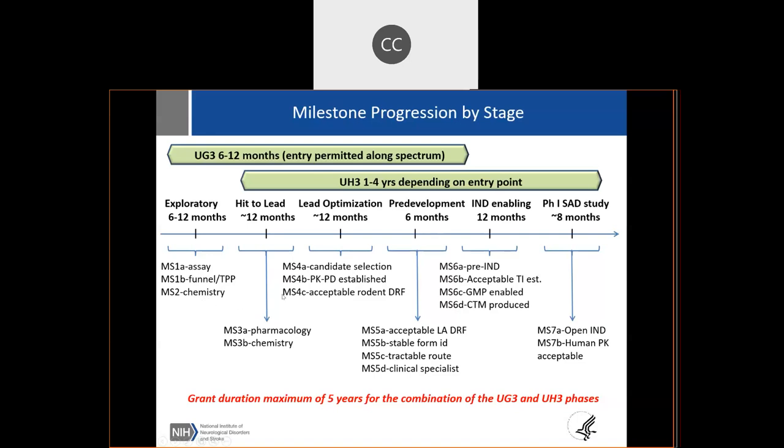If you're coming in at the hit to lead phase, well, that first year is going to really be about, do I have in vivo pharmacology that I can demonstrate after the end of the year by any route of administration, and has the chemistry advanced farther so that I can hopefully focus in on the series. If you're coming in at lead optimization, well, the end of that first year would be all about picking your candidate, your clinical candidate. So do you have the reproducible, robust efficacy model data completed? And we would minimally do a rodent DRF to show that we have a therapeutic index done there.